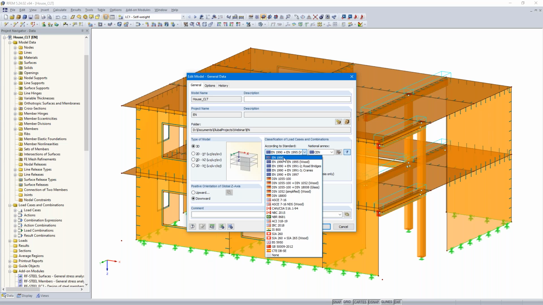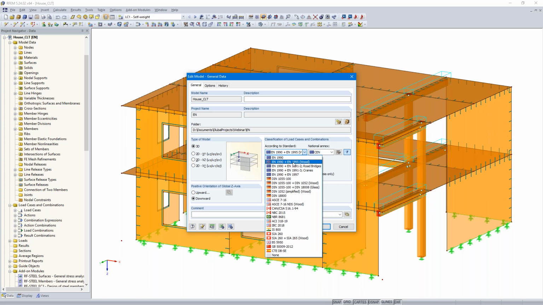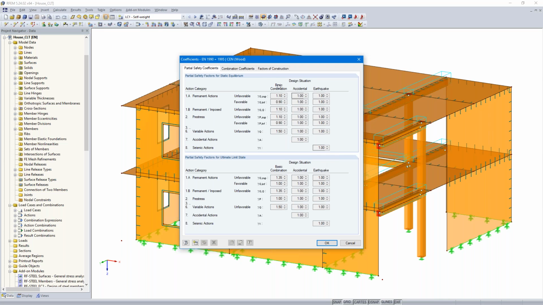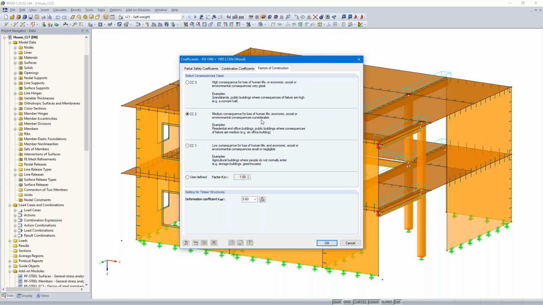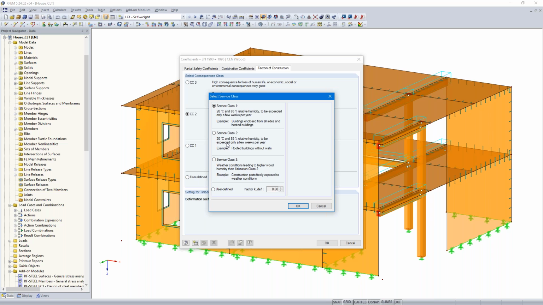Here they select this, but it's necessary to select this one here with the consideration of the Eurocode 5. And here you can define the national annex, and you can edit the parameters. In this dialog, you can define the consequence classes and, important here, the service classes. Service class 1 in this case, and here's 2